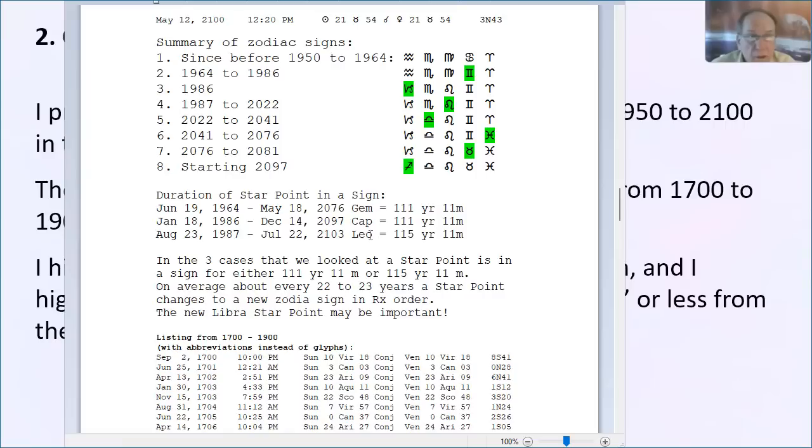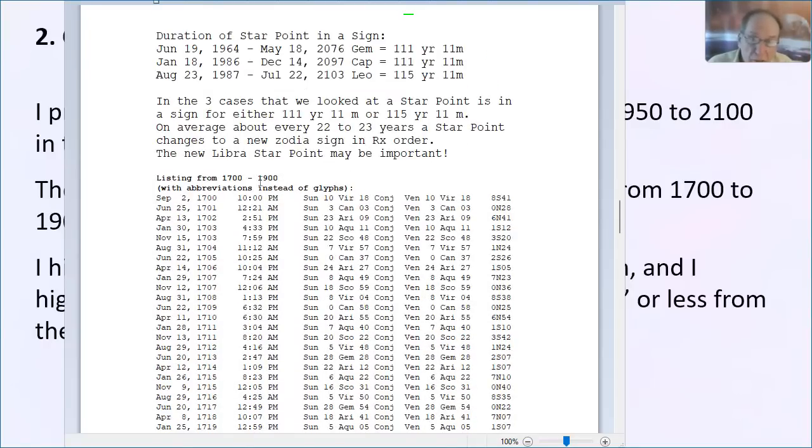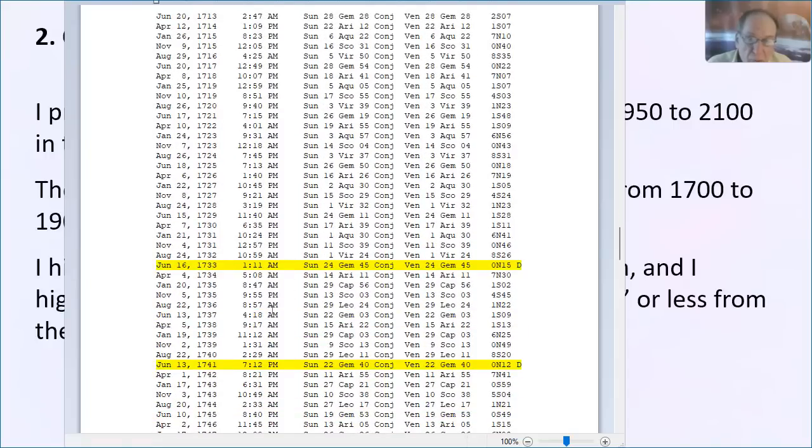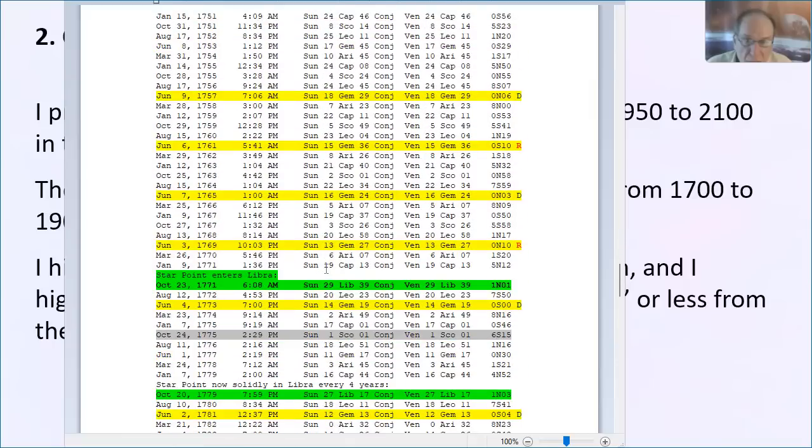So it is important. And a lot of people are thinking, wow, one of the Venus star points going into Libra might be a lot sweeter, gentler, kinder than what it was in Scorpio. You can go back and look at historically what happens, and that's what I did. I looked at 1700 to 1900, and we see that Venus was, let's go down here, in 1771, the same thing happened. That's happening in 2022. Venus, one of the 5 points, went from Scorpio to Libra. So it's been a long time since one of the star points was in Libra.